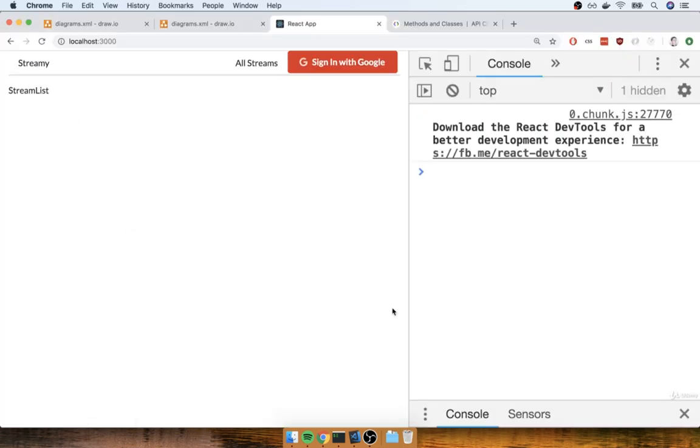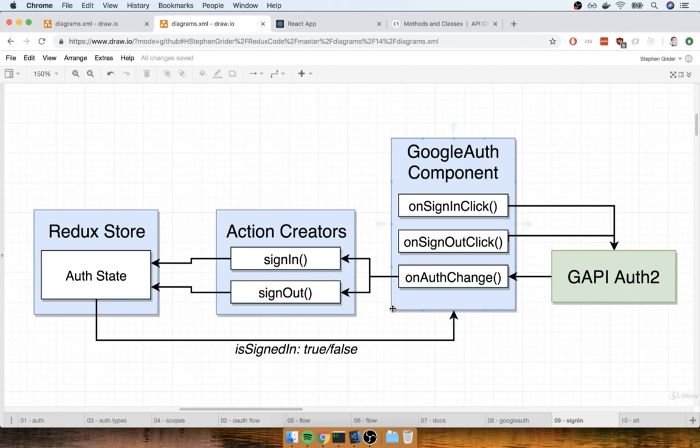All right, so there we go. And I see everything start up successfully. All right, so this looks fantastic. Let's take a quick pause right here. When we come back to the next section, we're going to start working on some action creators and some authentication reducer as well. So quick pause, and I'll see you in just a minute.